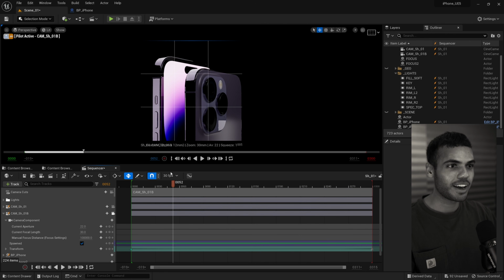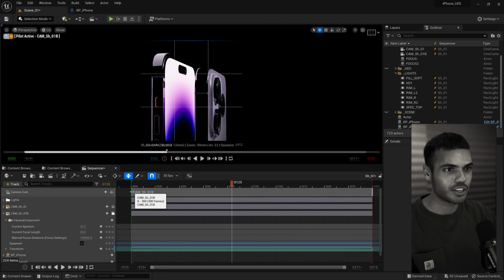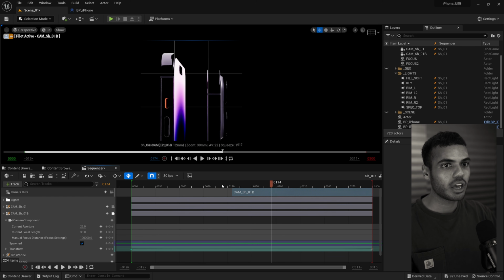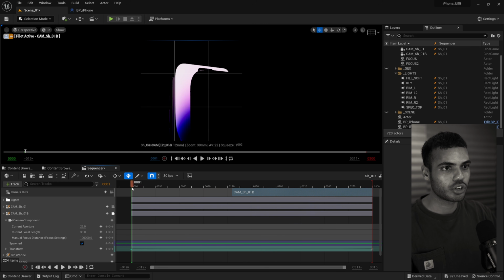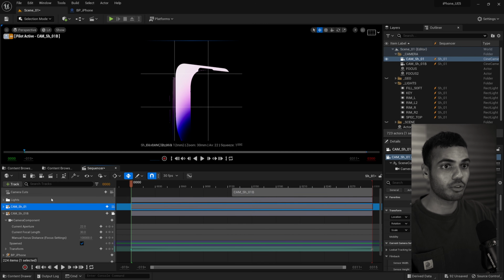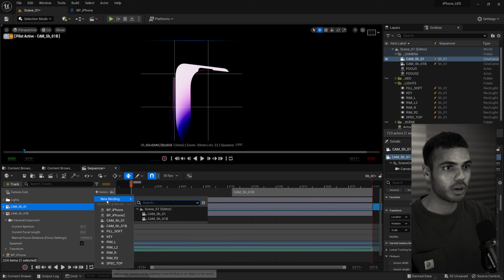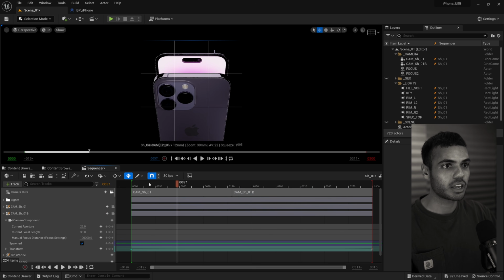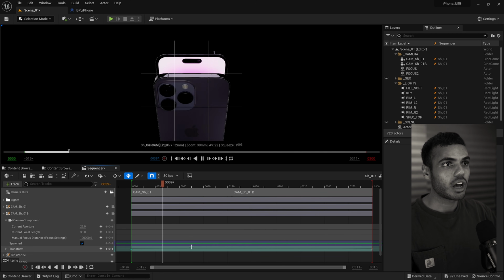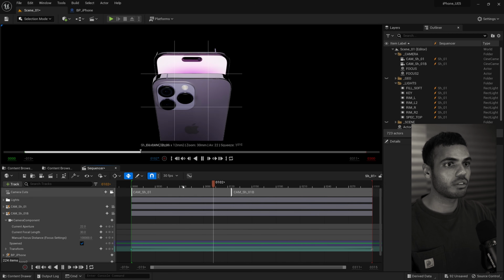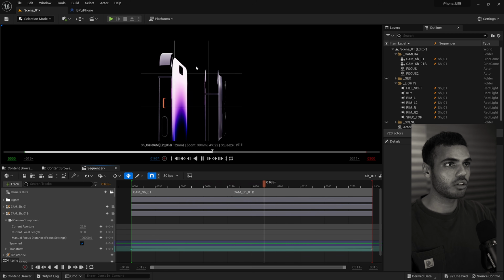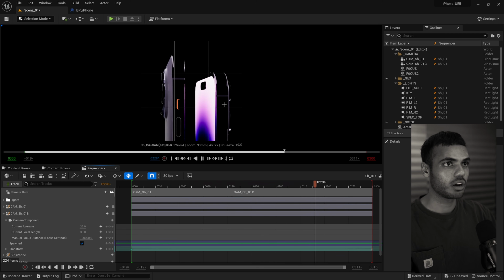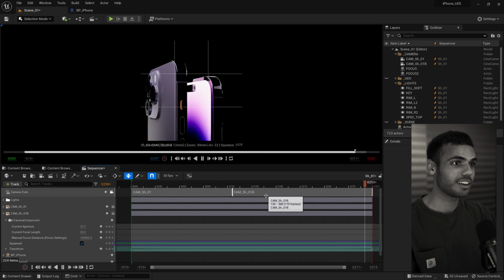Okay, so back to my actual point. Sorry for the tangent. I have this shot, which I like. And then let's say I also want my cam shot 01 in this as well. So new binding, cam shot 01. And now if I hit my camera cut track, I'm going to have my camera movement of 01, and then it'll cut to the 01B for the next one.